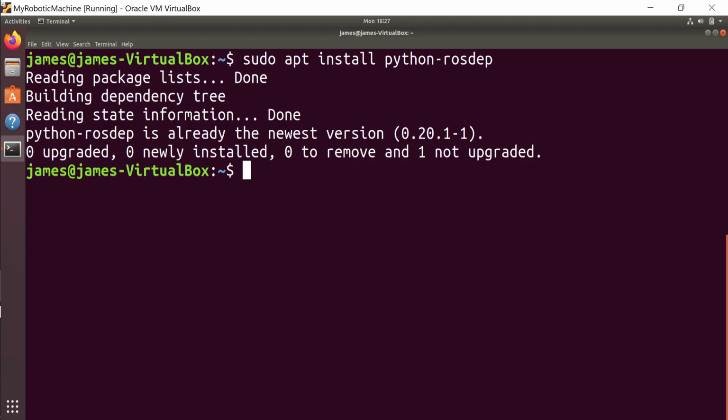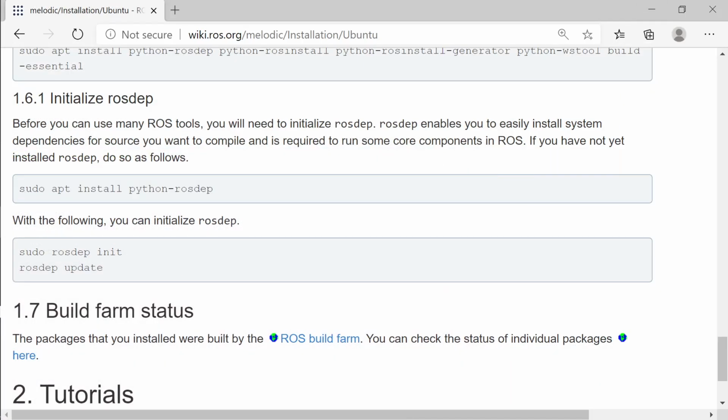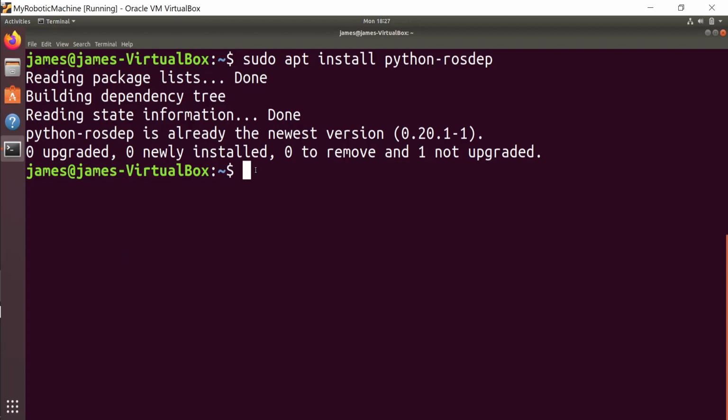Okay, so even this step is done. Then with the following you can initialize rosdep. So let's go ahead and do this step: sudo rosdep init, and we paste it. Remember, we are doing this for the first time.